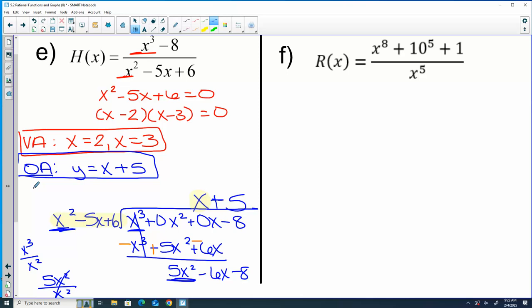All right. This one, vertical, what makes the bottom 0? 0. Okay. Horizontal or oblique? So the cases where we saw horizontal was when the degree on top was the same or smaller than the bottom. We got oblique when it was one higher. If you divided this,